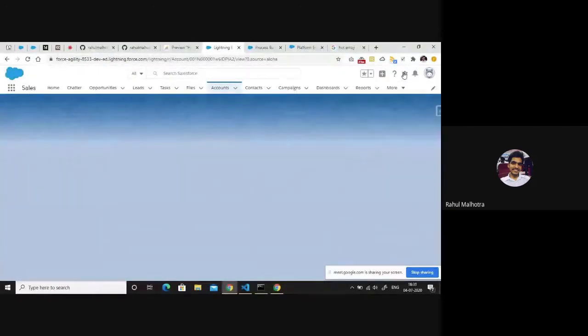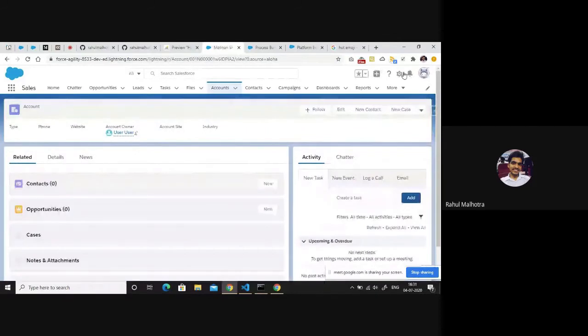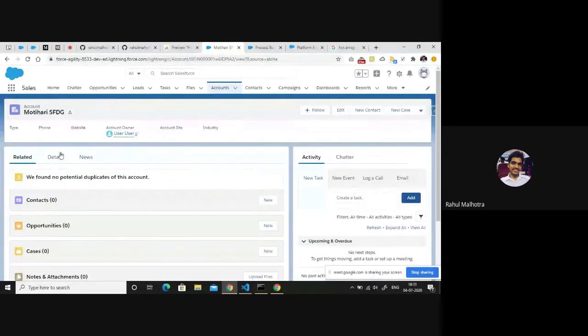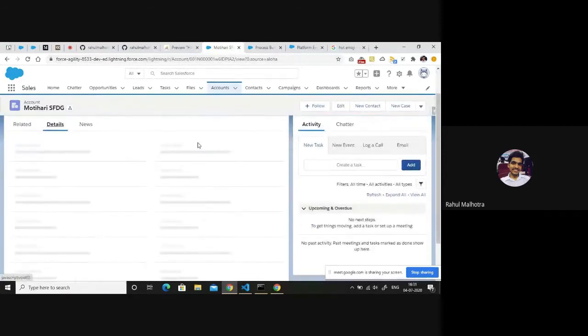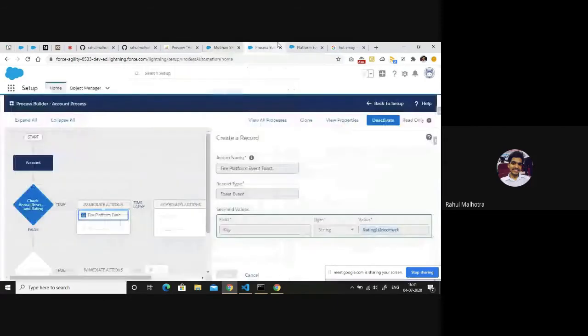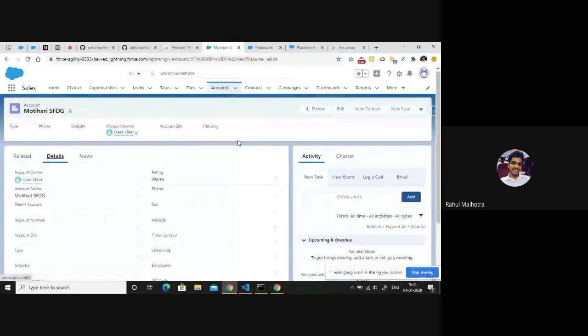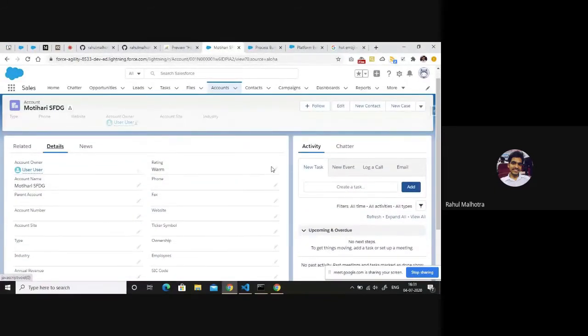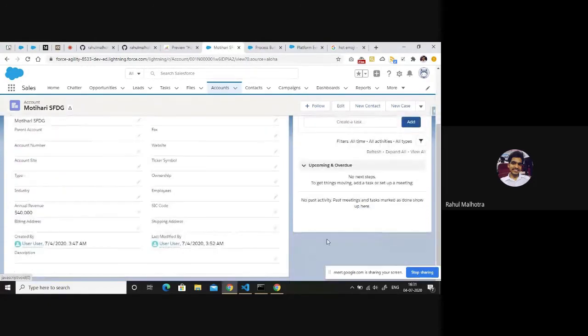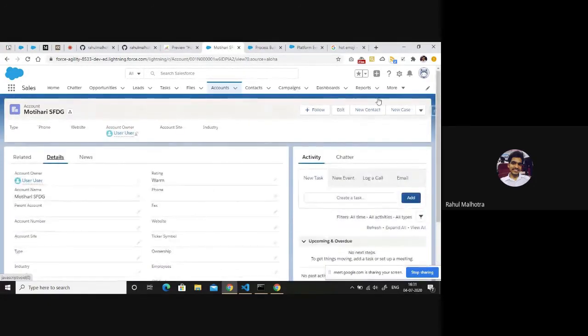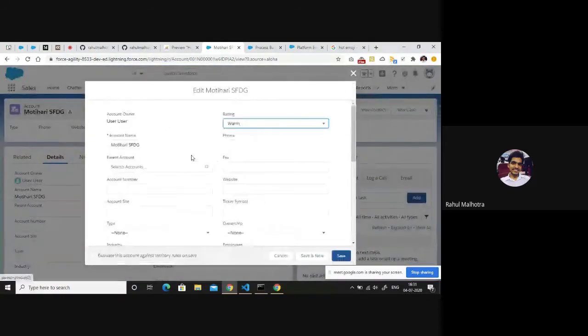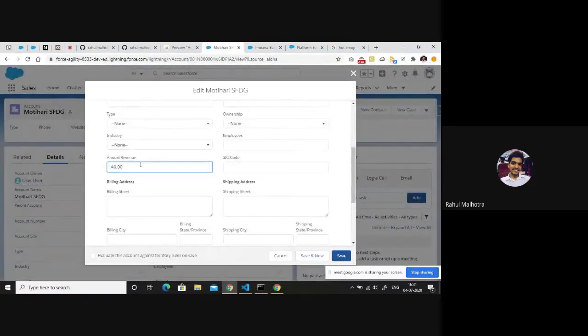So what will happen now behind the scenes when I update the account rating to something greater than 50,000, and if I don't change my account rating to hot, my system will actually fire a platform event, and that platform event will be captured by my Lightning component, and I'll show a toast here which says that your account rating should be hot, right? But my record will be saved because I have no validation rules or any kind of check that will stop me from saving a record, right? So our Lightning component is here, but it's not visible. So that's perfect.